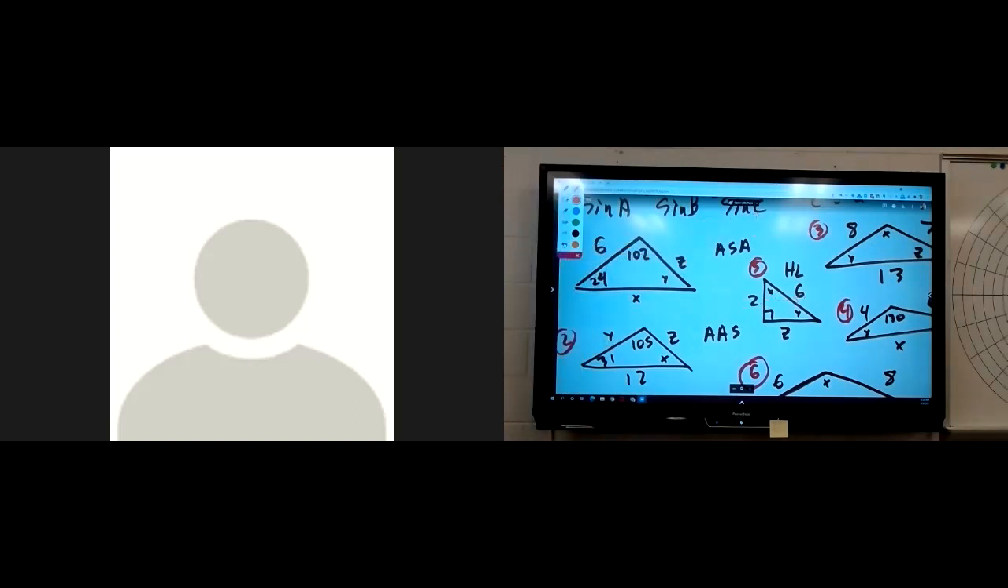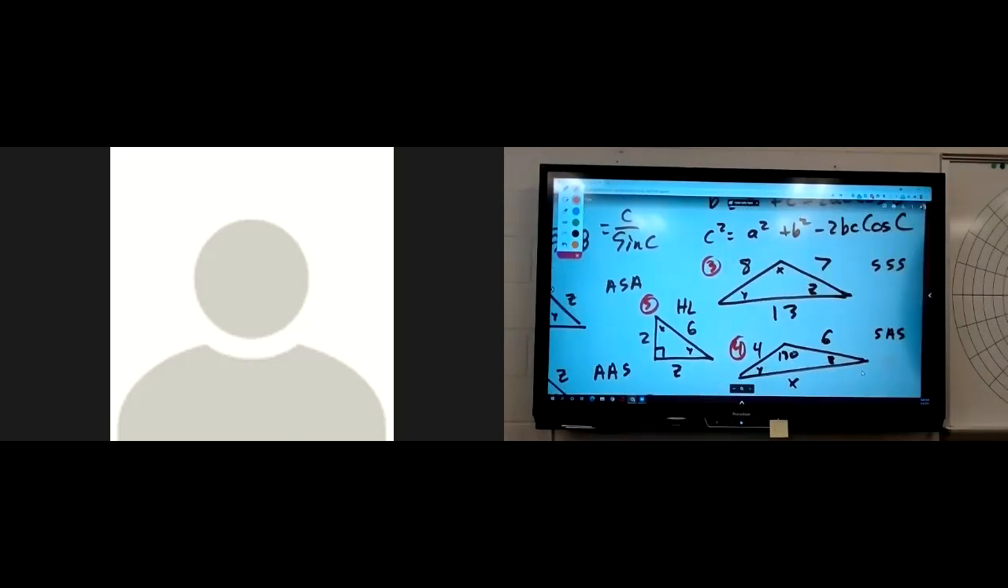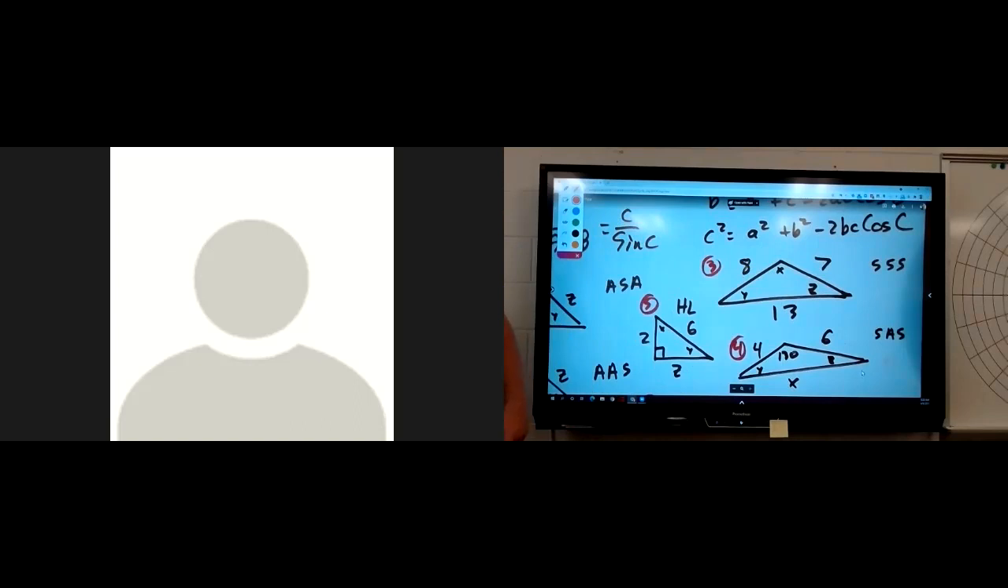Now, here's the big one. This one, unfortunately, there's almost no way to not use a rounded number here. How come? I don't know any